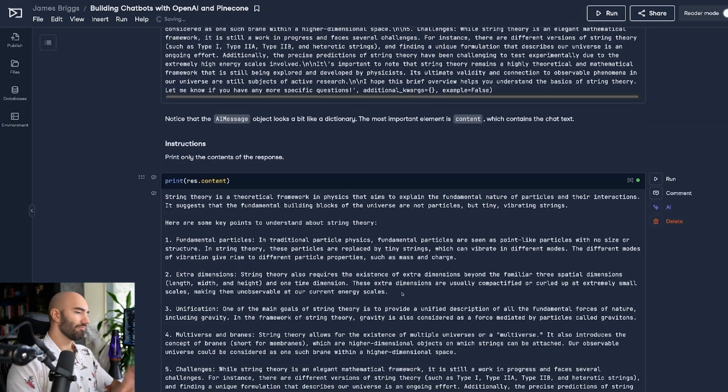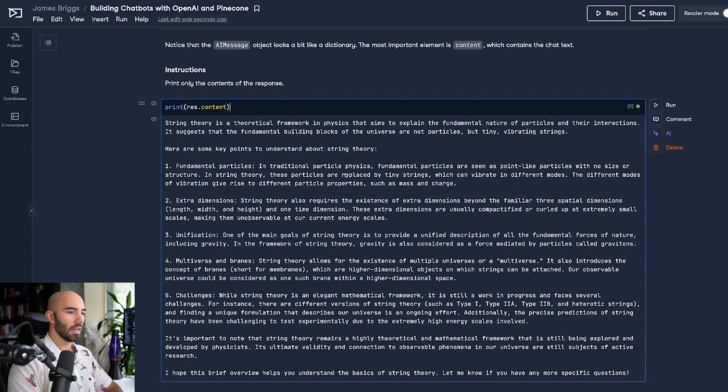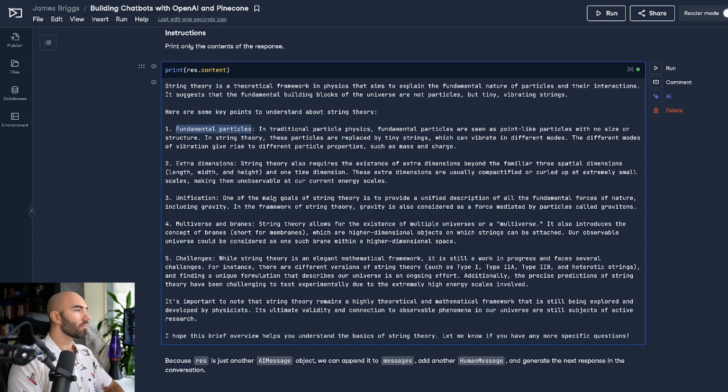I think this is much nicer. We have a numbered list here, which wasn't very clear from before, and it's much easier to read. I certainly don't know for sure what any of this means, but we seem to get what I think is probably a good explanation.